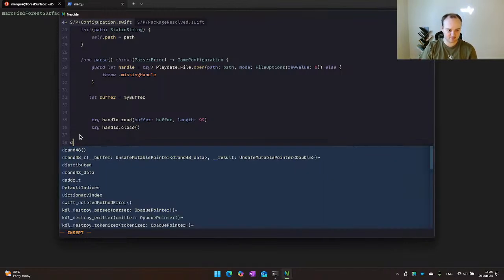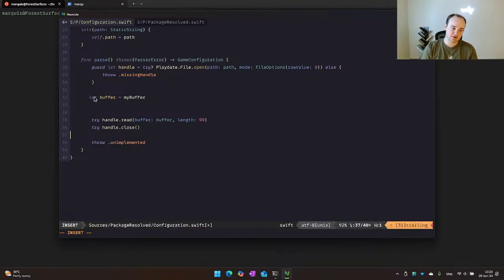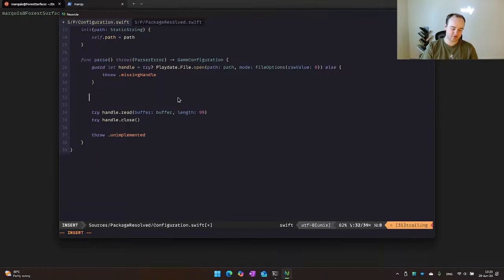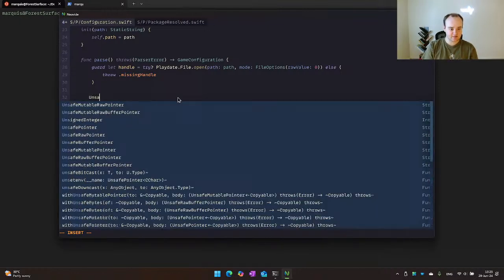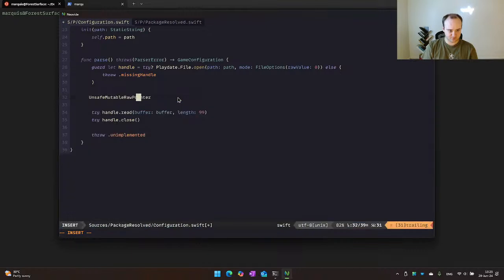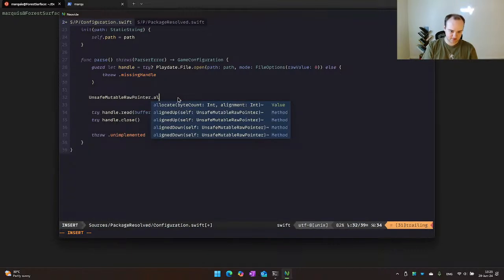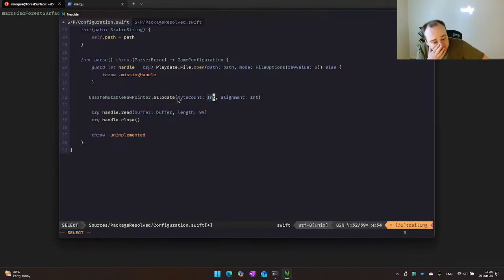Get rid of that. Still in insert mode. So I believe we're going to need to do this. Only problem is I don't know how many bytes we're going to need right now to do this. Is there anything in the mark internal?